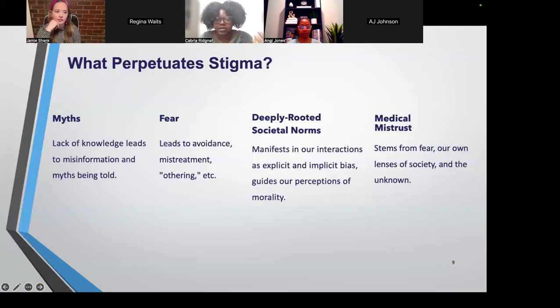So then we get into the topic of conversation of what perpetuates stigma. We've talked about the levels, so what propels that forward? And the two main factors really are myths and fear. So we have myths, which is, sorry,